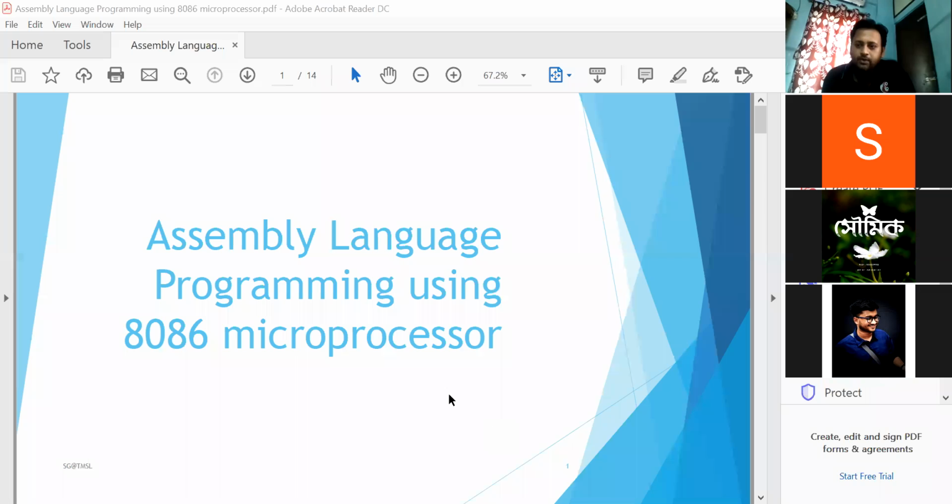Last day I discussed the instruction set, and today I will discuss the programming methods in the 8086 microprocessor. How can you make a program using those instructions? There are some examples of basic programs like addition, subtraction, multiplication, division, series addition, block shifting, ascending order, string matching, and factorial.